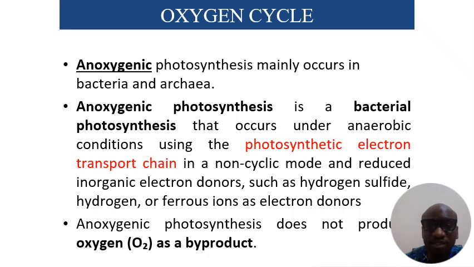Unlike oxygenic photosynthesis, which splits water to release oxygen, anoxygenic types do not oxidize water. So in anoxygenic photosynthesis, oxygen is not produced as a byproduct. And it does have its own ecological importance, in the sense that anoxygenic photosynthesis supports life in extreme or oxygen-free environments, maintaining microbial ecosystems. They also play a role in sulfur and iron cycling, which affects sediment chemistry and nutrient availability. Though it is thought to resemble some of the earliest forms of photosynthesis, it is actually